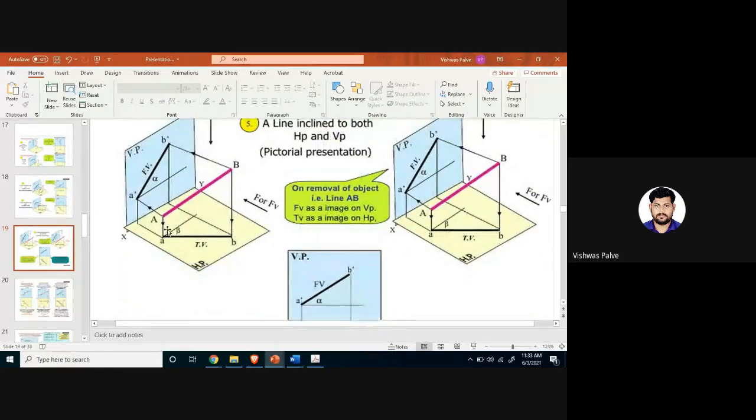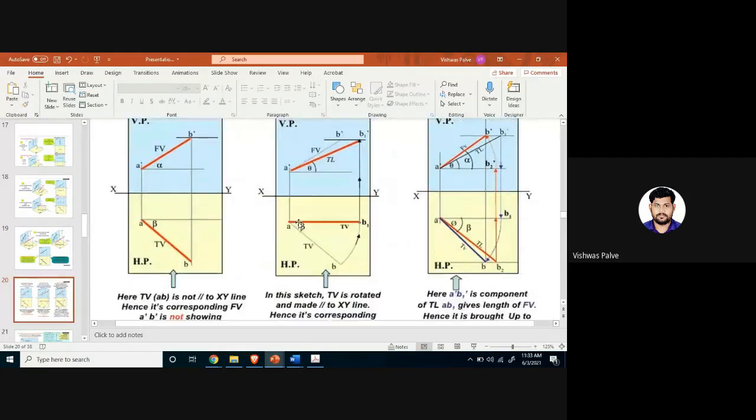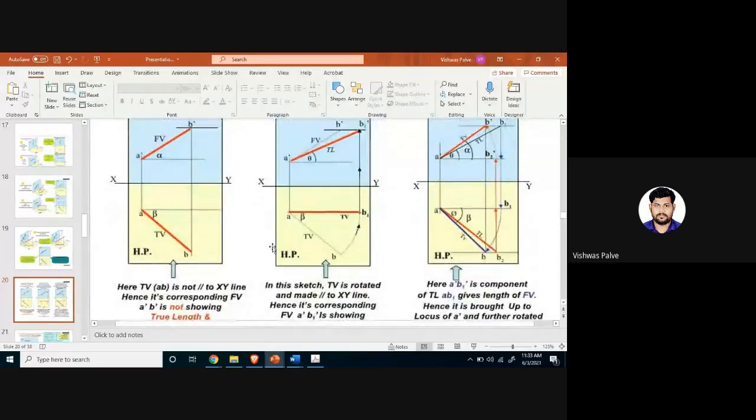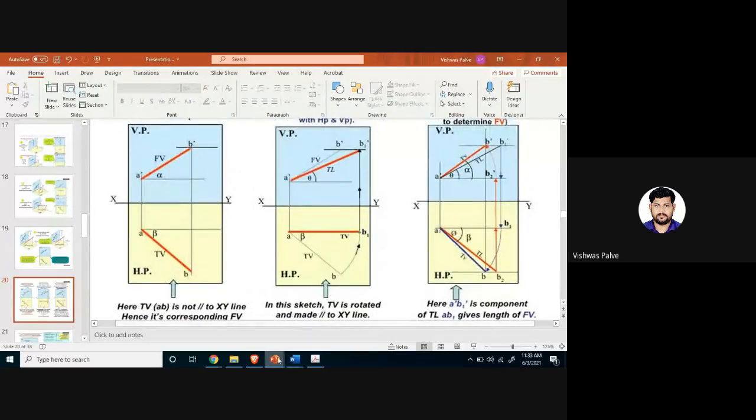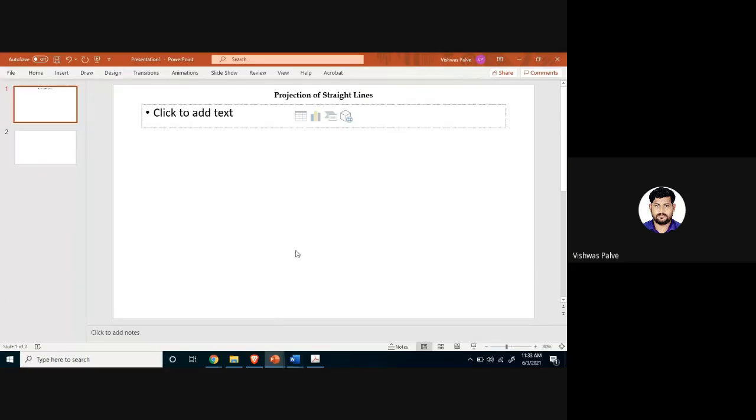So how to draw this condition? We'll see it when I take a simple problem, and in that I'll explain how to draw this, where the alpha angle, theta angle, beta and phi are, and how to relate those angles. At present, just keep this in mind. Let us consider one problem. Instead of showing this PPT, I'll consider one small problem, and first we'll try to analyze the question, read the question properly, and then see how to draw it.